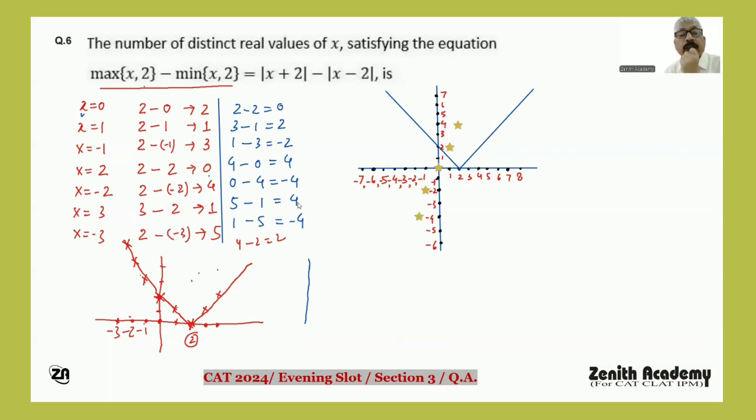Then x is equal to 3, it is 4. On 3, it is 4. On minus 3, x is equal to minus 3, it is minus 4. Right? So here, your graph is like